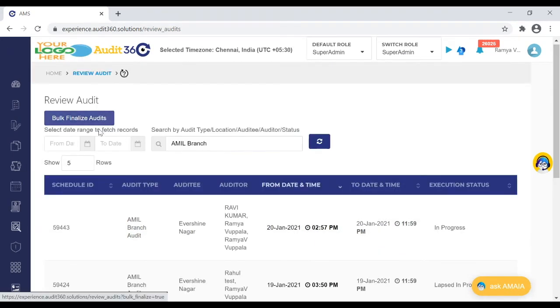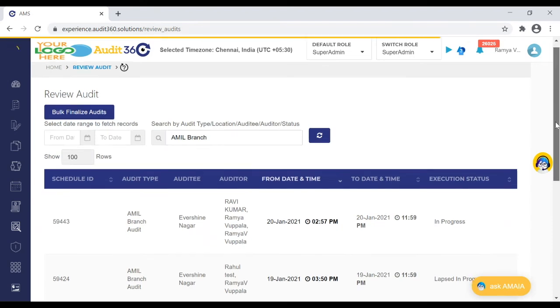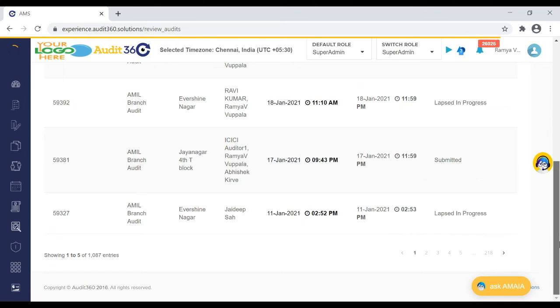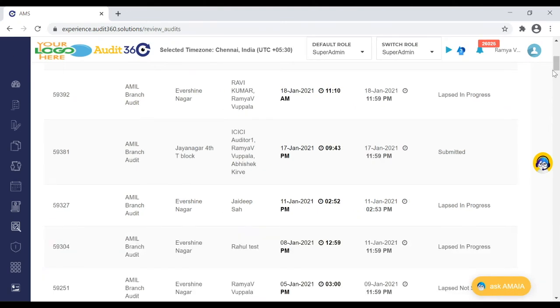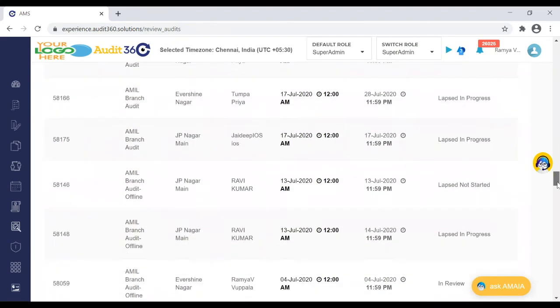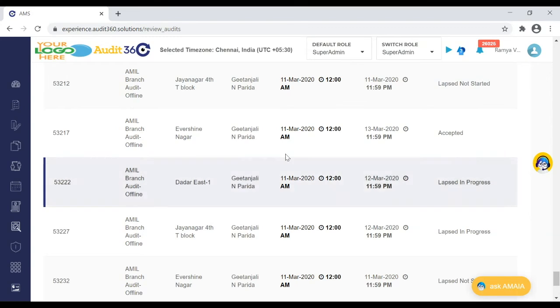You can even increase your rows, similarly to how you had earlier, that is also retained. So let me take an audit where I can take you to a review.